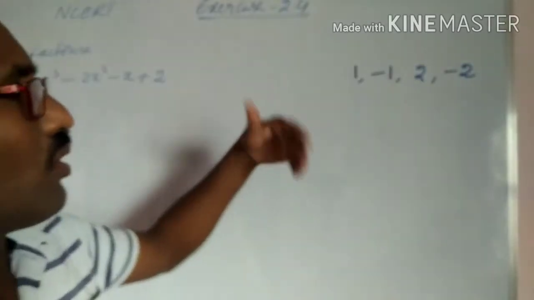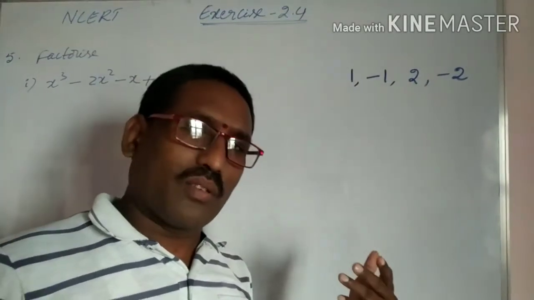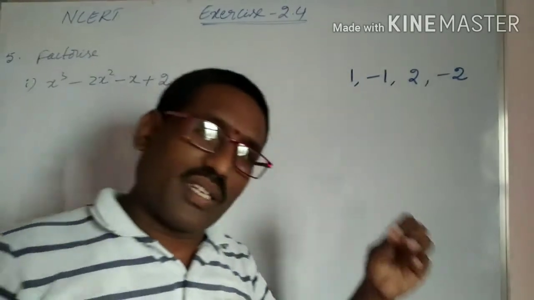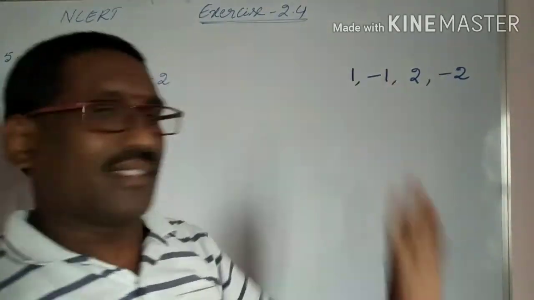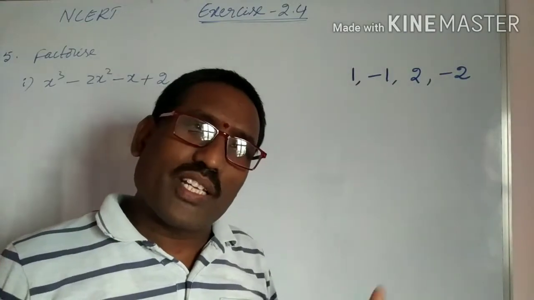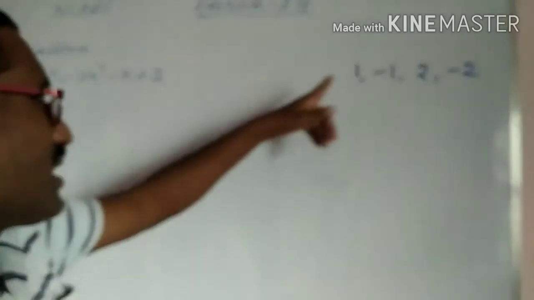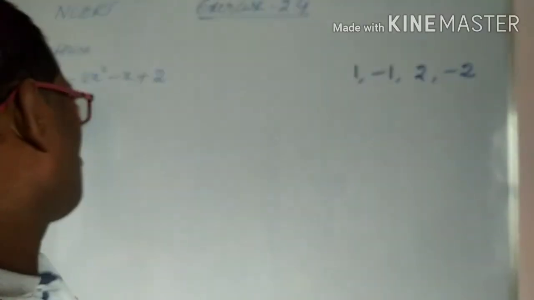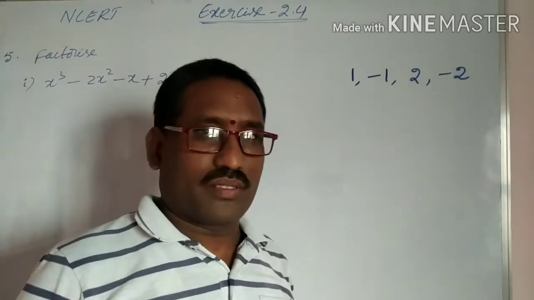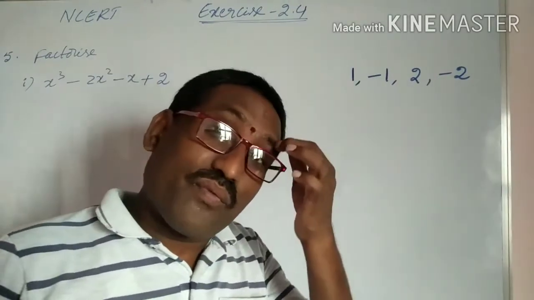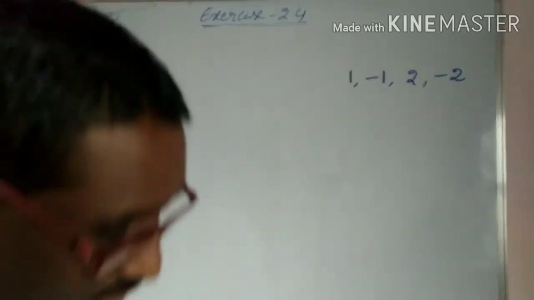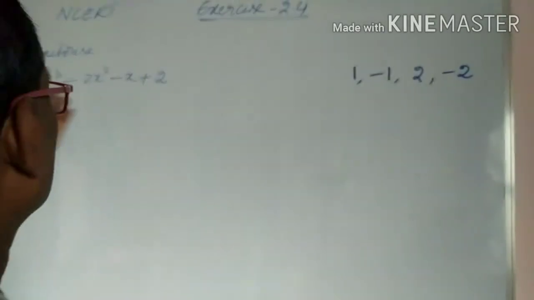Not more than that, 3, 4 like that. Maybe they won't give those in your class. Maximum, they will give you only these factors. Just try these numbers. Otherwise you can substitute 3, 4 again. If you substitute these values in this equation and it is equal to 0, then it is a factor, otherwise it is not a factor. Okay, you can try how to do it.